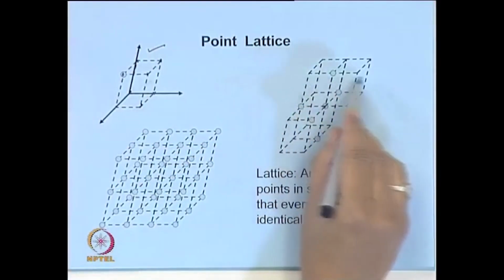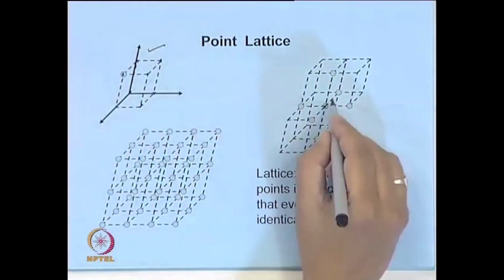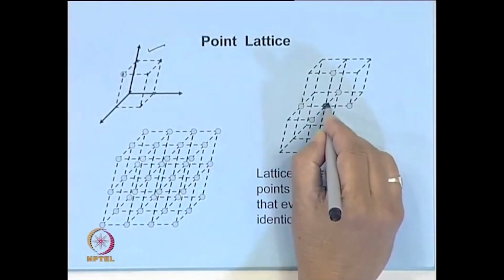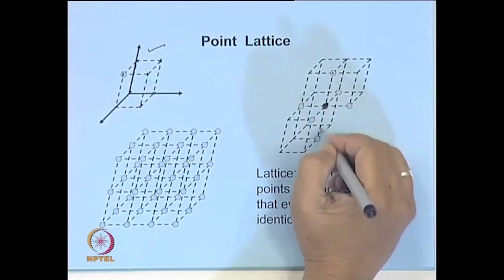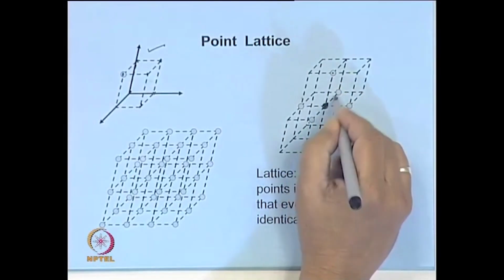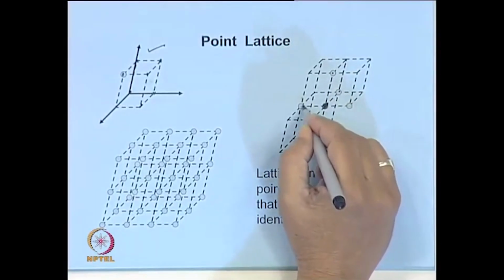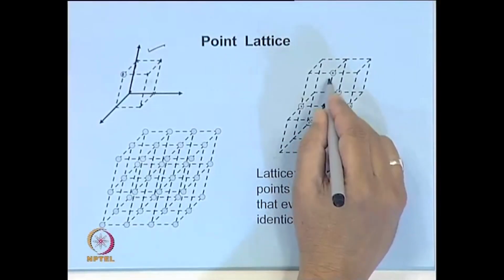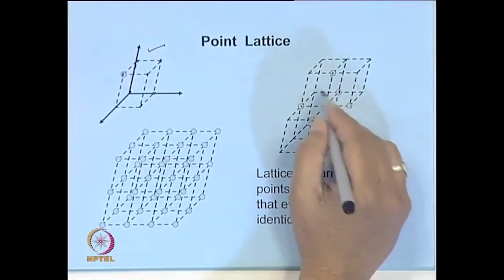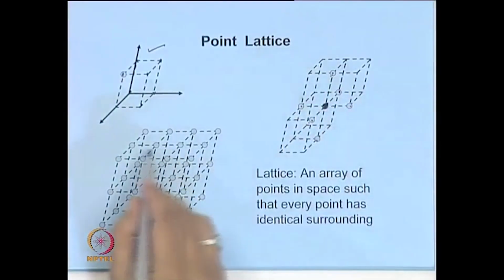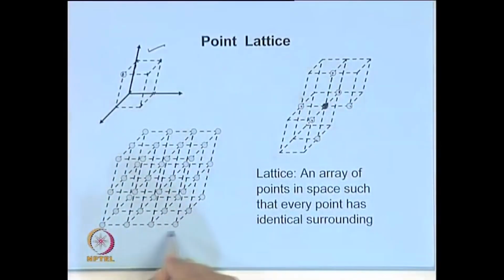So, something like this. That means one point has a surrounding, it has atoms, say one here, one here, one here, one here, one here, one here. So, this has a surrounding of 6 points, and if you repeat this, it is possible to generate a lattice